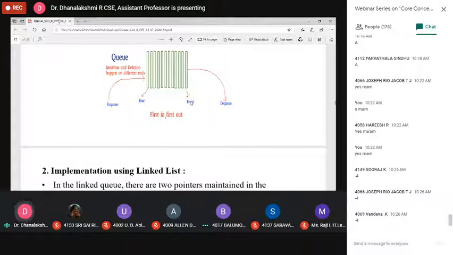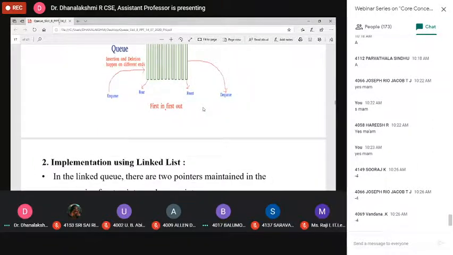But only one thing: where you have the front end, you must perform the deletion operation at that end. Where you have the rear pointer, on that side you must perform the enqueue operation. That you have to concentrate on. Keeping rear and front here or there does not matter. This is first in, first out. Have you all understood?